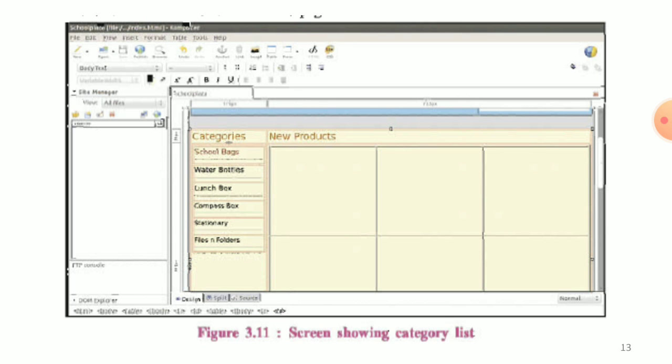Insert the table depending on the items we want to display. Here we have inserted a table with 3 rows and 3 columns. That means 3 by 3, figure 3.11. So the table is added in the web page.